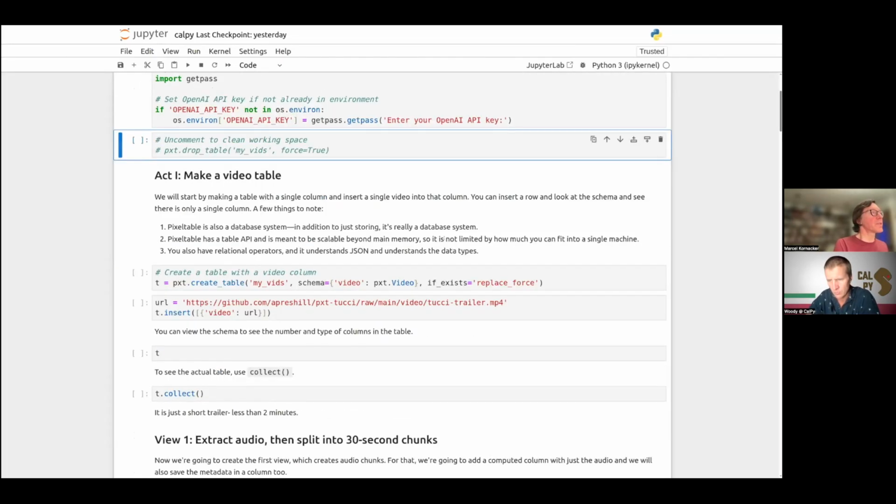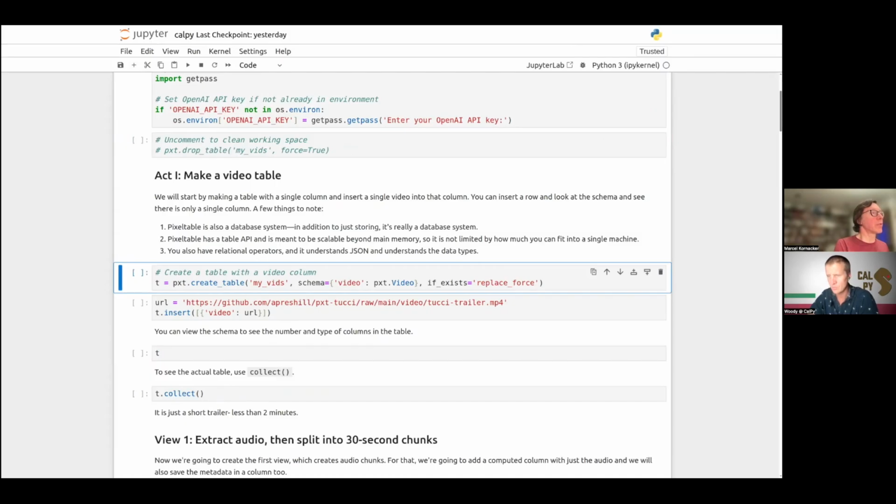And so the first thing we're going to do is create a table with videos. Just to set the stage, we are trying to index our video content by indexing the audio, indexing transcripts, and indexing the frames. So a bunch of indices, and we're going to demonstrate how to put that pipeline together.